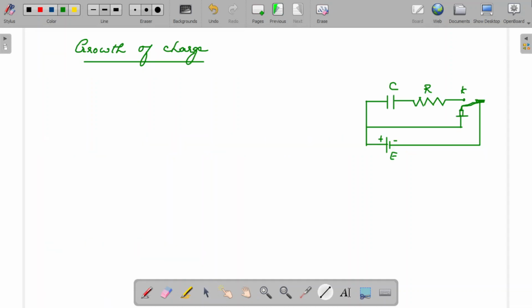I have shown here a circuit containing a capacitor and a resistor, and you have a voltage supply whose potential is E. Now you have a key here. This is a kind of Morse key setup. When you press it, as shown in the figure, it is connected to this part of the circuit, and it is an open circuit with the resistance and the capacitor. So as shown in the figure, the circuit is closed this way.